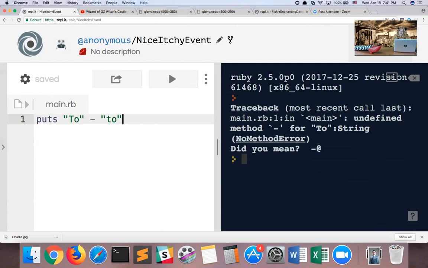Now, it looks like gobbledygook, but if we break down this error message, we can perhaps reason as to what Ruby is telling us. Ruby is sending a message why this line of code is invalid. So there's this traceback bit. Now, there's this main.rb bit, but I want to focus in on this one. This one right here says, hey, there's a problem on line number 1 of your code. If you look here on the left hand of the screen, you can see this one here.